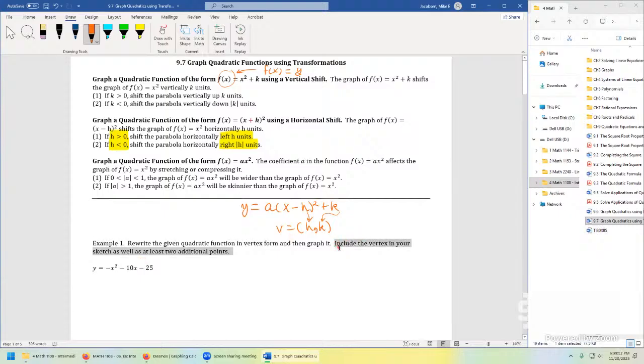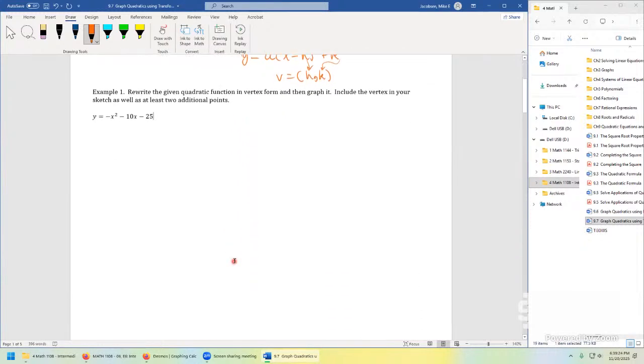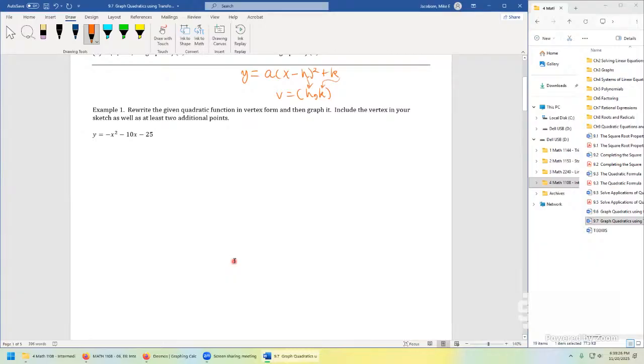It says on this problem, include your vertex in your sketch, as well as 2 additional points. But this one's similar to the last question we did in the prior notes. Sometimes getting something in vertex form is really kind of rapid. Other times there's a lot of algebra we have to do. But notice what's going on with this one. It almost looks like a perfect square polynomial again, except we want to factor out a negative one from all 3 terms. So we can rewrite this as negative (x squared plus 10x